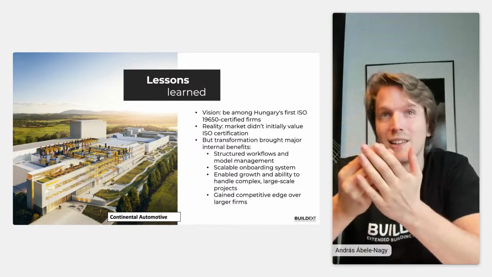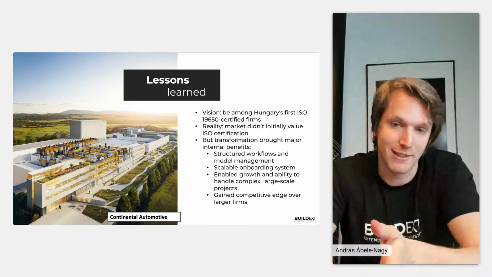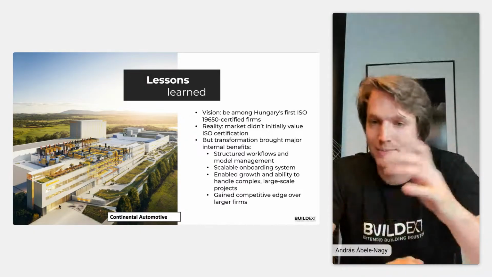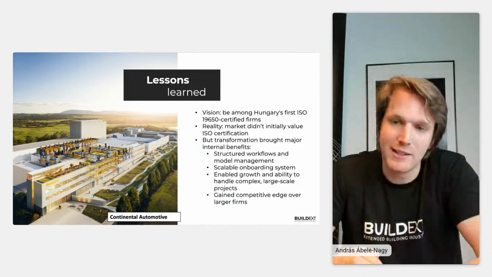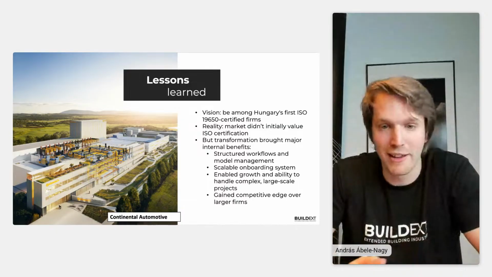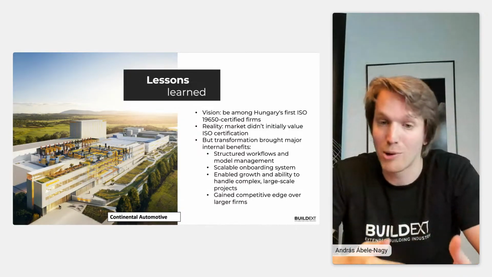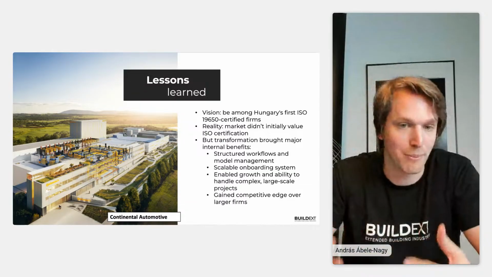saw the needs specified in the scope of work of Plannerly. So this is the absolute core of everything, that we can see what is needed in a BIM contract, and we just work from that.